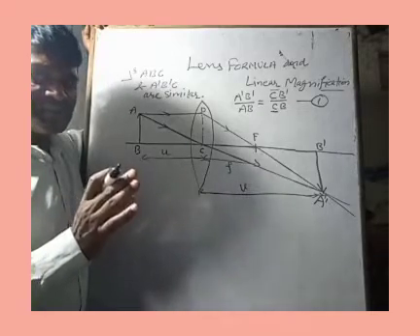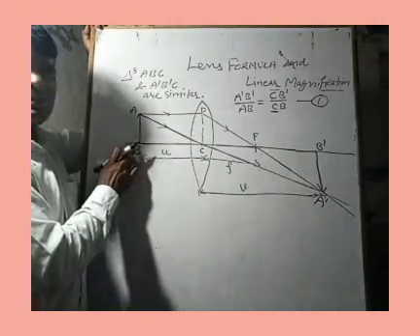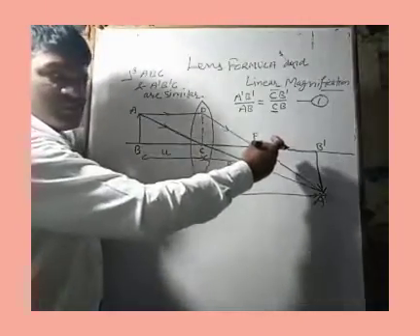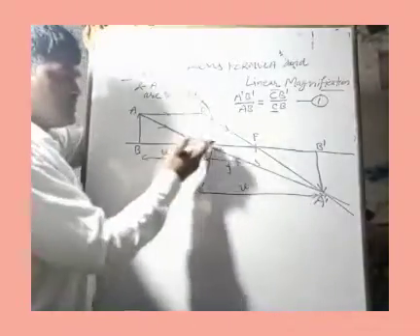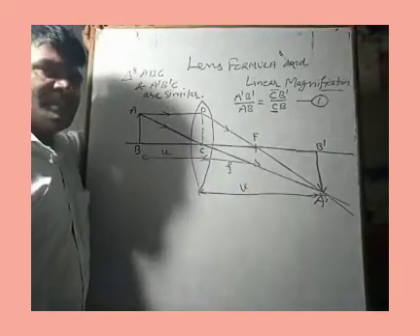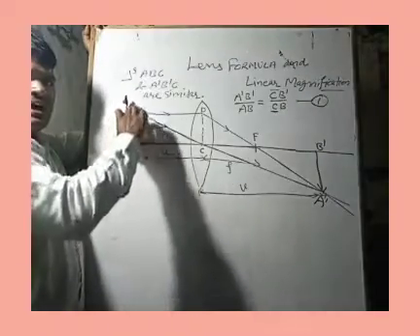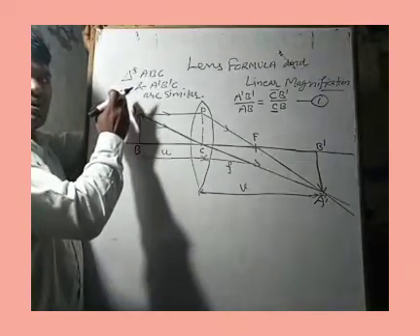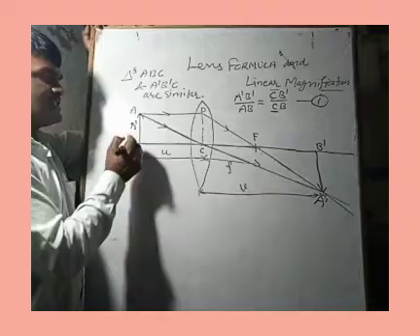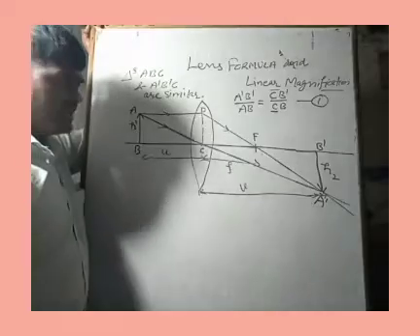So we are using the sign conventions used for mirrors. The same sign conventions will be used here, such that if we are measuring CB, it will be negative. If we are measuring CB dash, it will be positive. Means to the right of the optical center, all distances will be positive. To the left of this optical center, all distances will be taken as negative. Similarly, heights perpendicular to the principal axis and above it are taken as positive. Let it be h1 and the height of the image h2. I hope the diagram is clear to you.